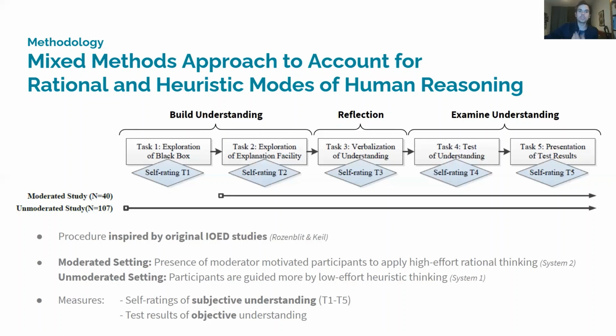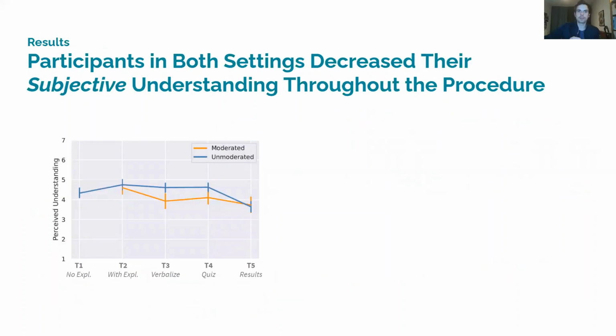We used participants' self-rating of subjective understanding as a measure. We took them at 5 different points throughout the procedure and used a calibrated scale for understanding to assess them. Further, we used their test results as a measure for their objective understanding. The results show that participants in both settings significantly decreased their subjective understanding throughout the procedure, indicating an illusion of